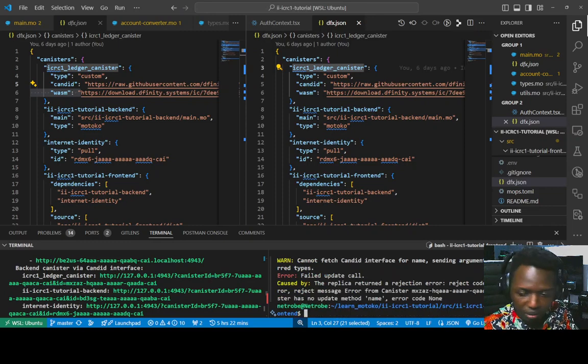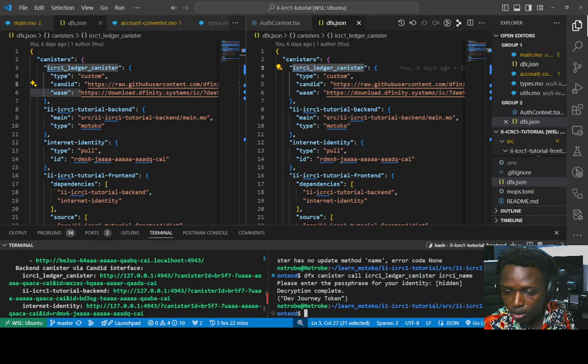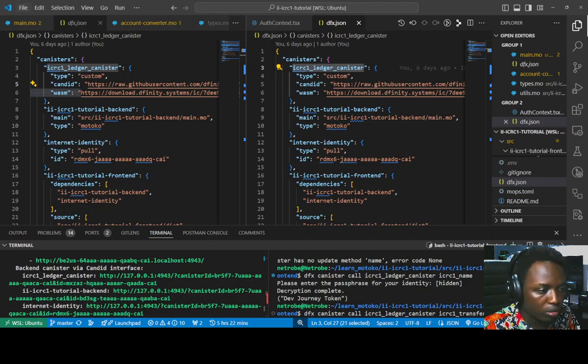Yeah. Made a mistake. I'm confusing ICP ledger with ICRC-1 ledger. Yes, that's right there. Dev journey token. And now I want to transfer. All I need to do is call ICRC-1 transfer. I need to set this. This is where I have issues with this. I have to set a